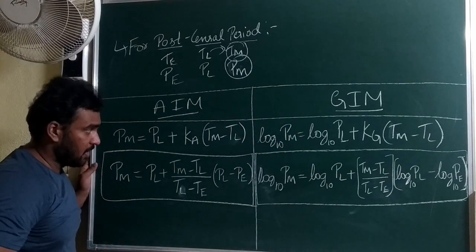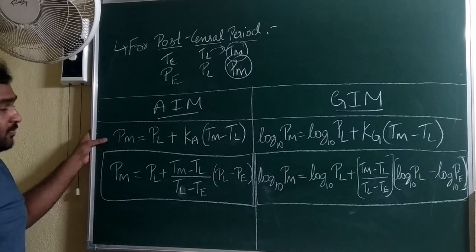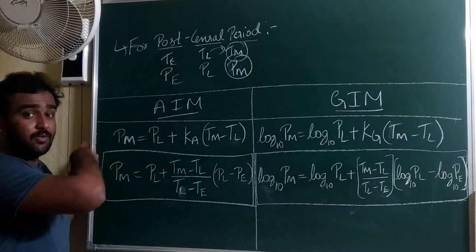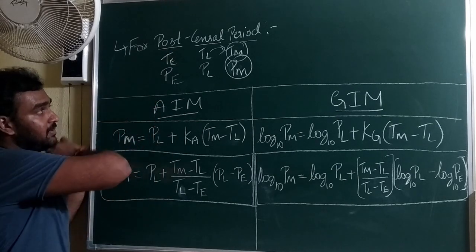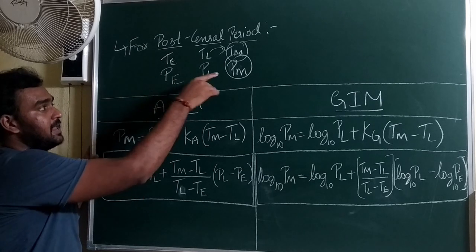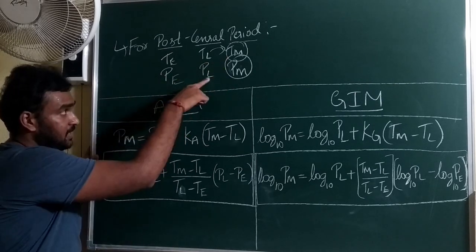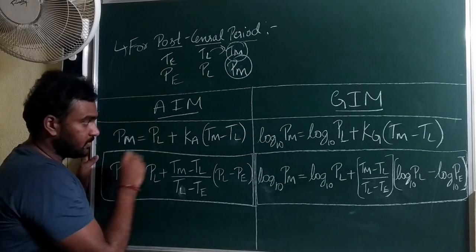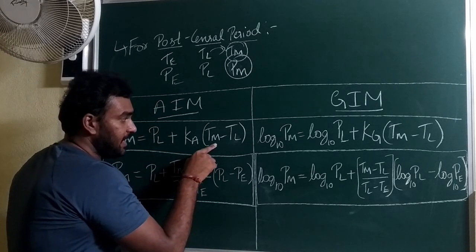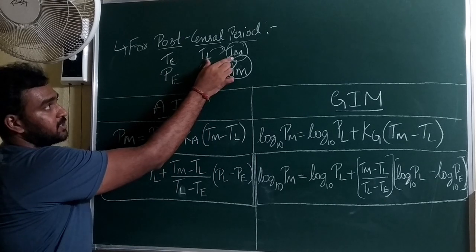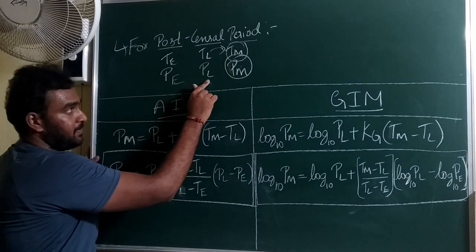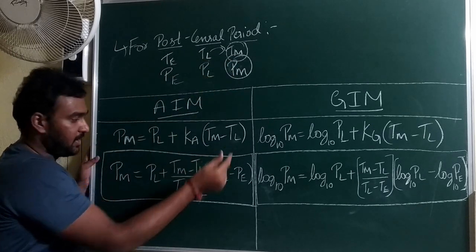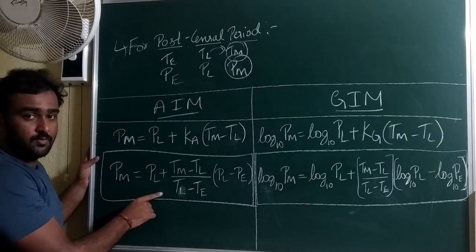This is the formula which we have. As I said, you should carefully observe here, PM is written in terms of PL. In the earlier one, in the intercensal, we considered PE. But here, the very next predecessor is PL, so PL is considered here. And K is the same, and TM minus TL will be the time interval. Because we are considering PL, you need to consider the TL over here. That is, TM minus TL is the time interval. So if you substitute Ka, this is the formula which we have.